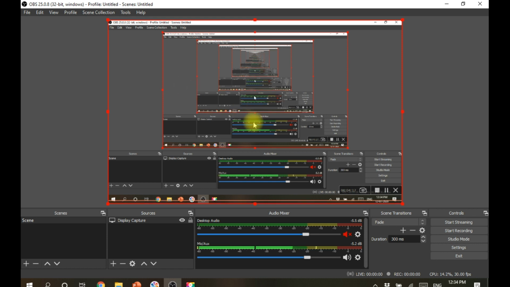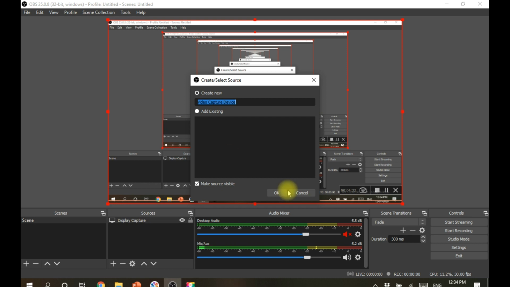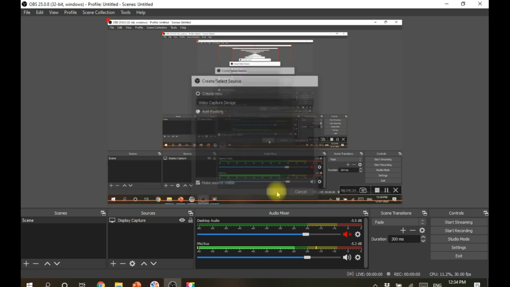If you want to insert the camera, click here. Then you can see Video Capture Device. Text is also there, you can add any kind of writing using text. Select Video Capture Device and click OK.